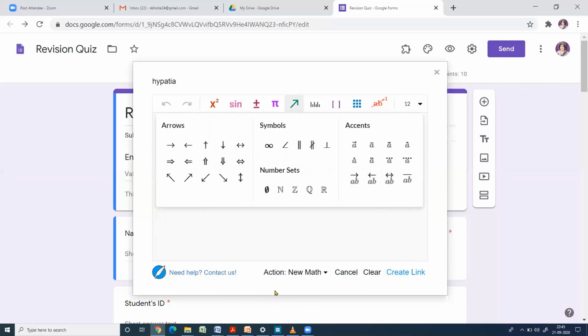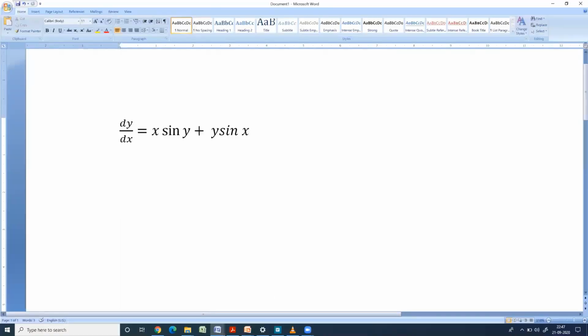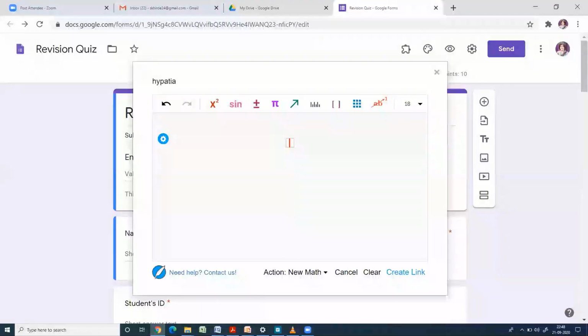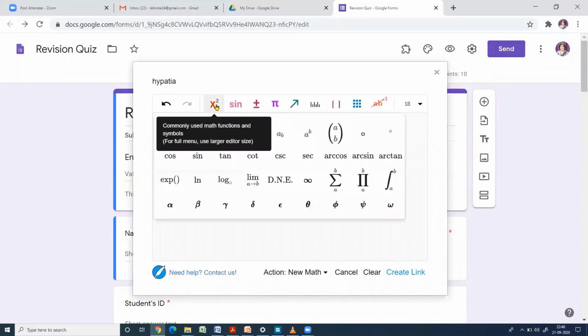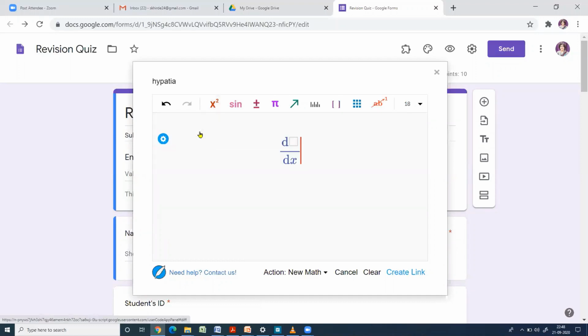So these are the various options available to write the equations in Hypatia. So let us write one equation. Let us try to write one equation using these symbols. Now let us try to write this equation dy by dx is equal to x sine y plus y sine x in Hypatia. Now let us see how to type it. So I want to type dy by dx. So click on this x square. So here we have this symbol.